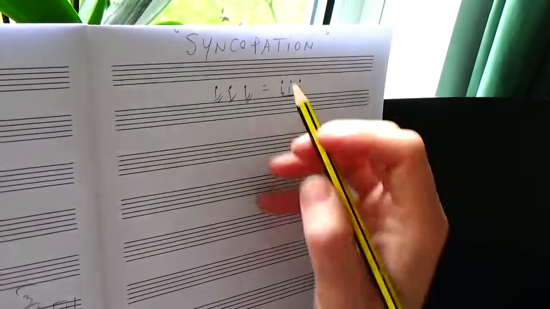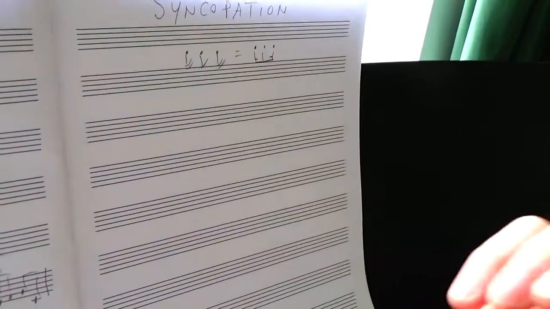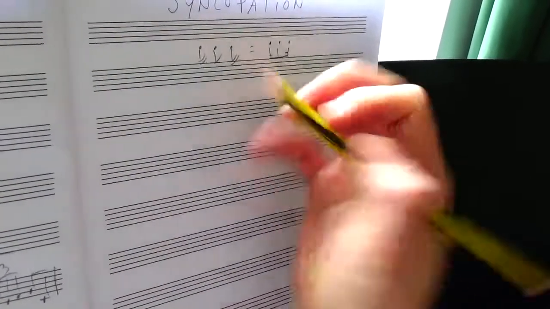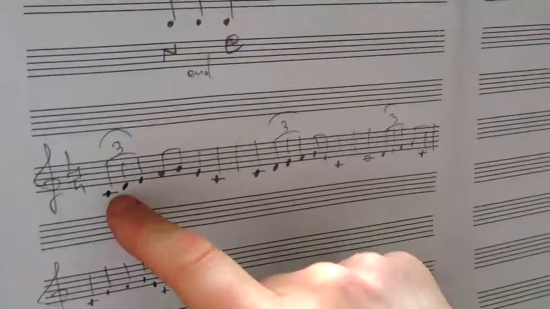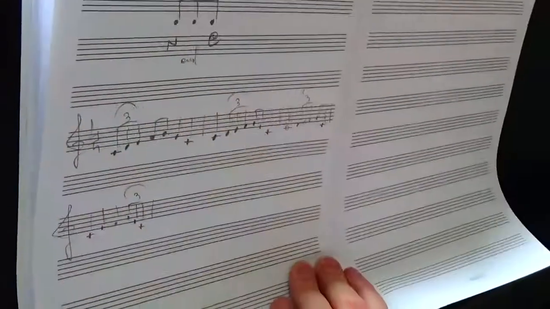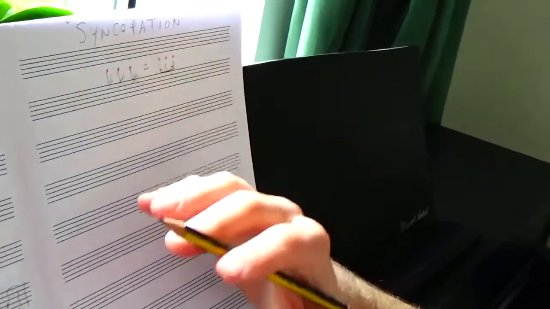Now, why do I want to use also this example today in the same identical lesson? Because you can easily understand that we have also in this case three notes, same as the three notes that you need in the triplet made of quavers. It's really likely that you can get confused. And this is something that I noticed